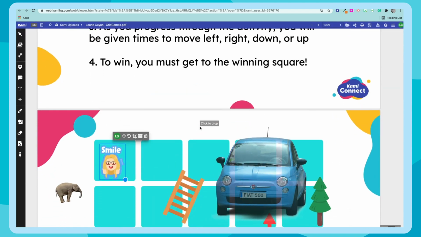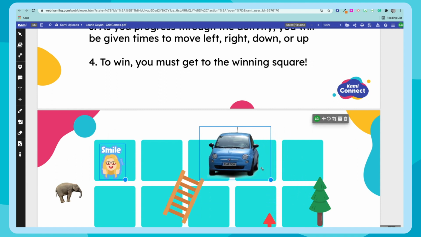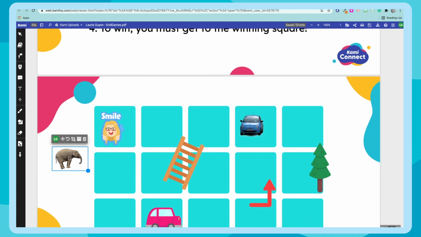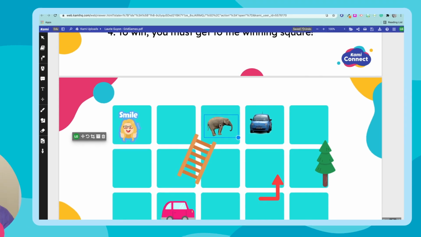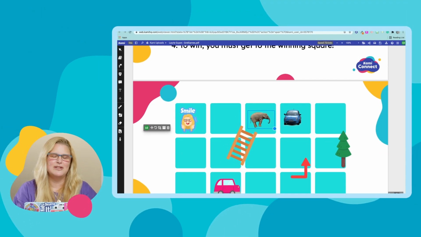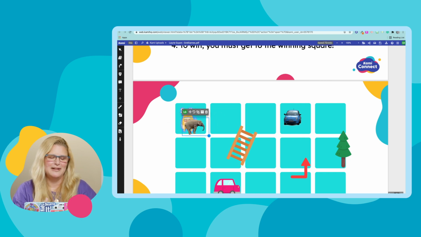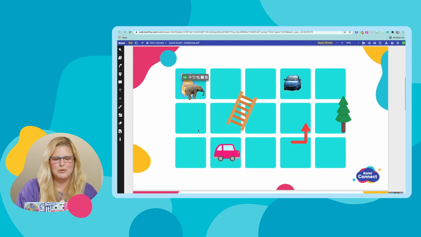And then what I ask them to do is place it anywhere on the game board that they would like. So here I'm going to place my car anywhere on the board. I have one that I've already started. I have an elephant. That's my favorite animal. And the way this works is everyone, once they have their game piece, chooses where they want to put it on the board. And then as I ask them questions, or I use cards with vocabulary or things we're going to be talking about, I'll tell them based on how they answer, whether they move left or right or up or down on the board. Once somebody gets to the final location, which is where it says my word, the word smile, they've won the game.